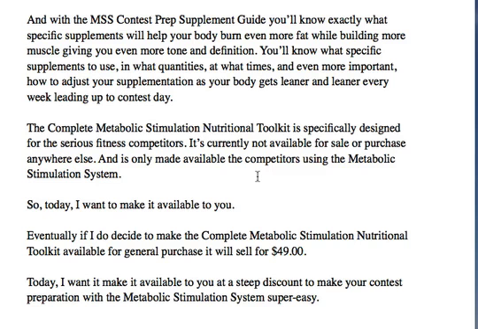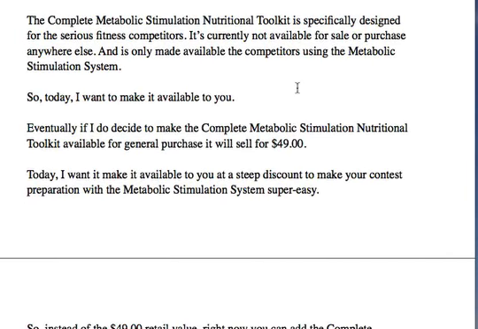You'll know what specific supplements to use, in what quantities, at what times, and even more important, how to adjust your supplementation as your body gets leaner and leaner every week leading up to contest day. Pretty cool, right? The next paragraph says, the Complete Metabolic Stimulation Nutritional Toolkit is specifically designed for the serious fitness